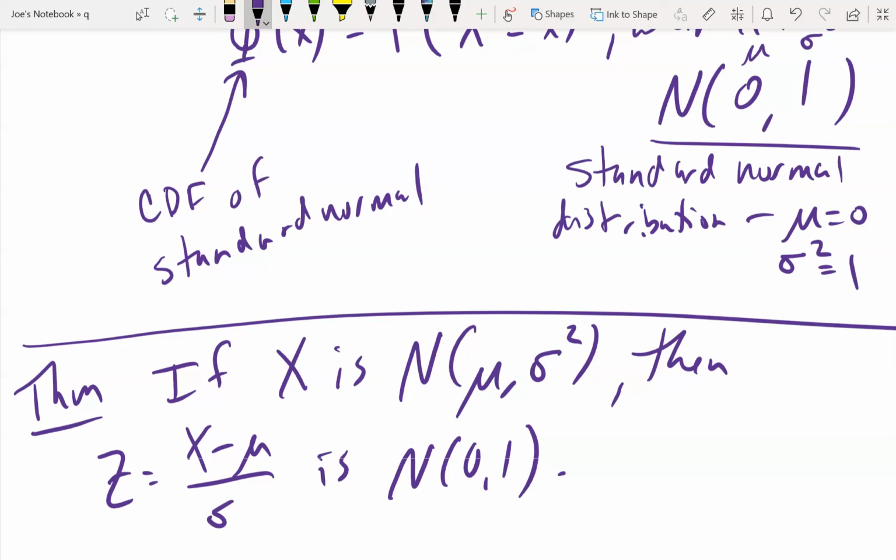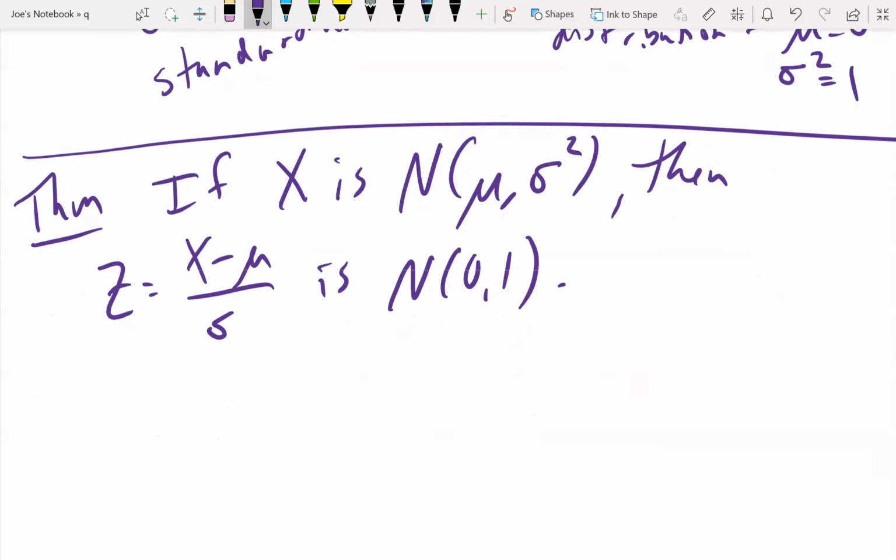So let's talk about why this is true. The main reason I want to do this is that we haven't done a lot of practice with what we're about to do, and we're going to do it a few more times over the course of the semester. This is generating a PDF from the definition of the CDF. We've done it a couple of times, but let's talk about it in this case.